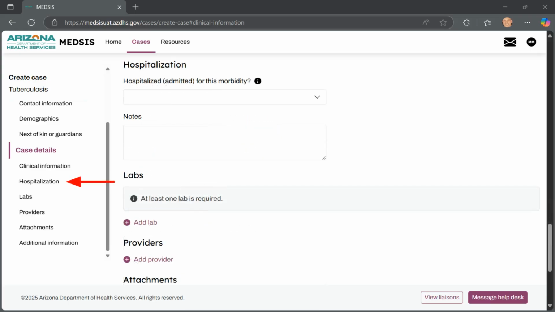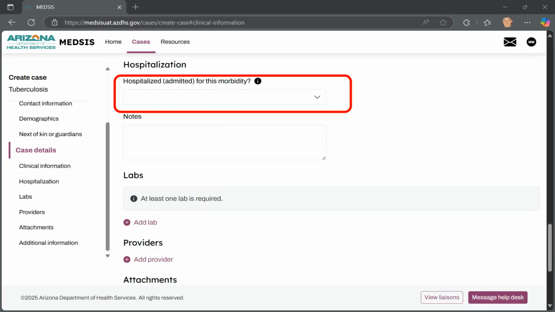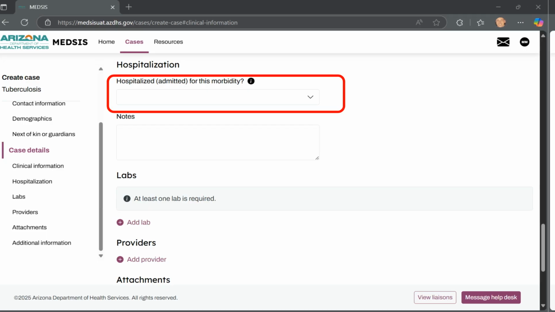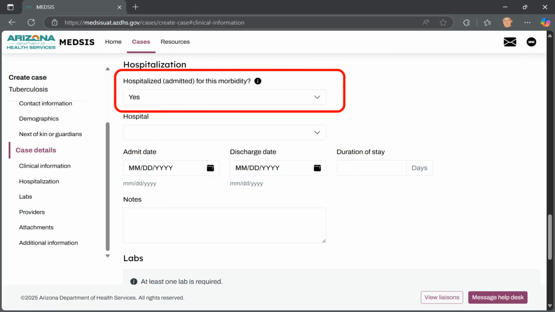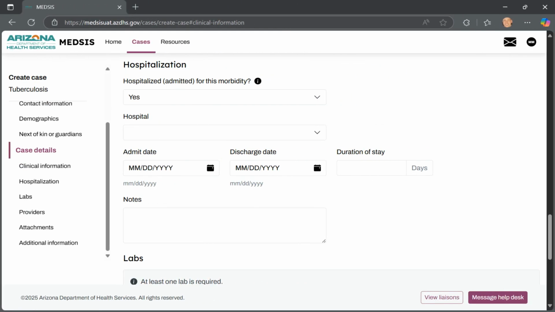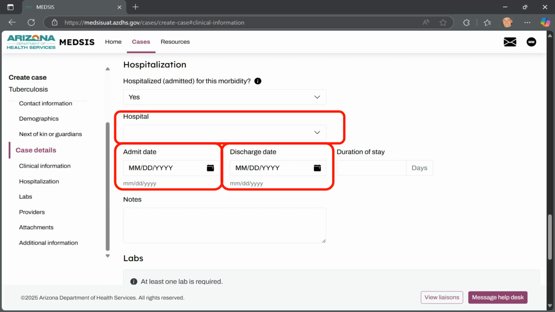Now let's look at hospitalization. This field only needs to be filled out if the reason for their visit and stay are related to the morbidity selected. Selecting yes if they were hospitalized requires you to enter additional information. Information like which hospital, admit date, and discharge date are important to know for the case, so do your best